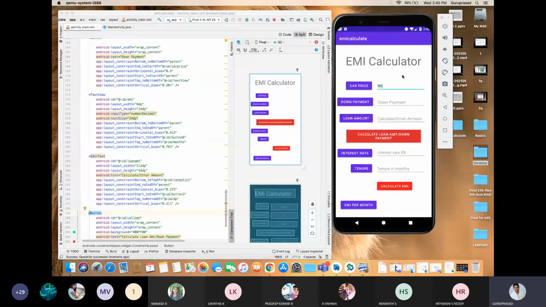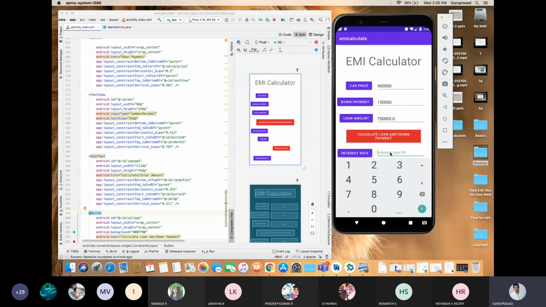Okay, 9 lakh. Then calculate, please enter the down payment. Then 1.5 lakh. Then calculate. Now 7.5 lakh is the loan amount.